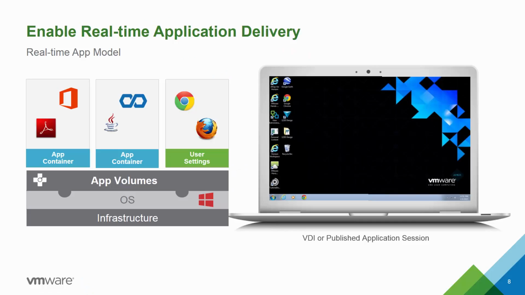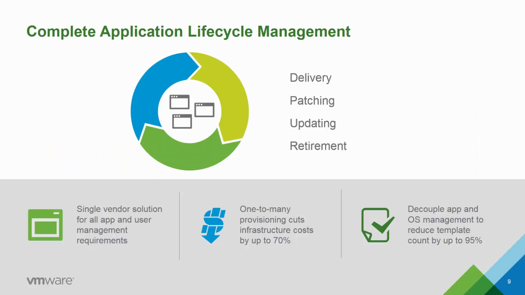So AppVolumes 3 now enables you to provide real-time application delivery. The real-time app model allows IT to deliver applications and user settings to virtual desktop environments such as Horizon and Citrix XenDesktop, and to published app environments such as Horizon, Citrix XenApp and RDSH. With AppVolumes, IT has a solution that provides complete application lifecycle management, including delivery, patching, updating, and retirement of applications. You can use VMware as a single vendor solution for all your app and user management requirements because of this